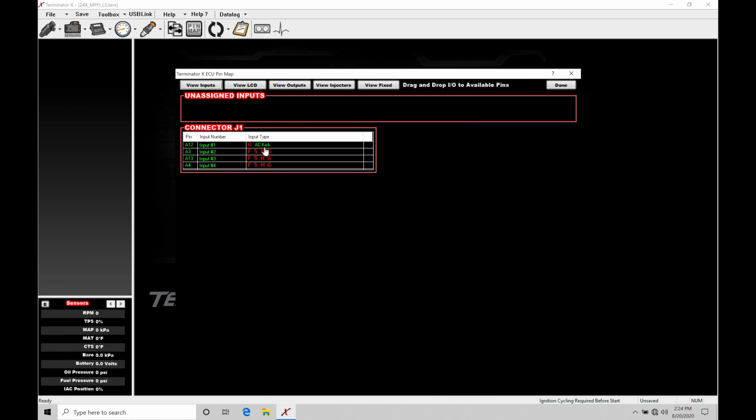Now, we can see here, input number 1 is assigned with the letter G. That means this AC kick option, that this particular base map or the base file that I'm working with here, is designated using a ground trigger input to activate this functionality. So we're going to be finding when we assign a couple different variations here, working with our frequency, 5 volt, high side and ground, they're going to be popping up here into our unassigned inputs. They will not function and work in our software until we drag and drop them